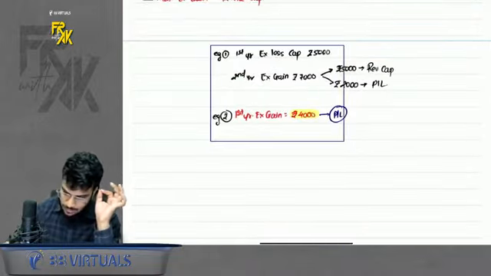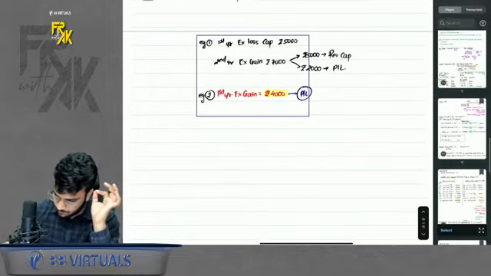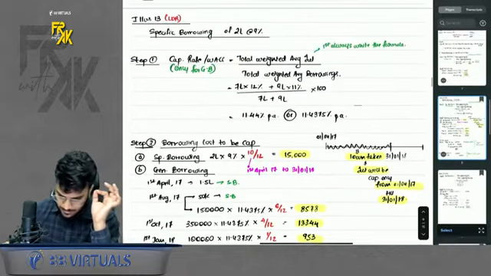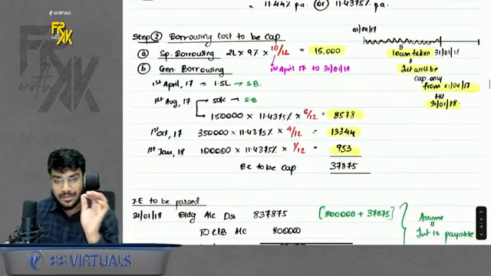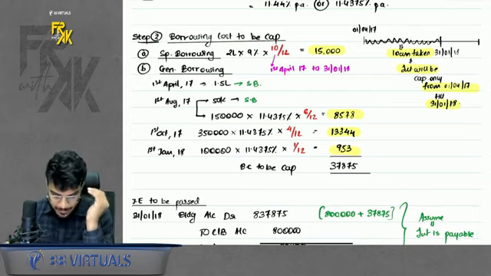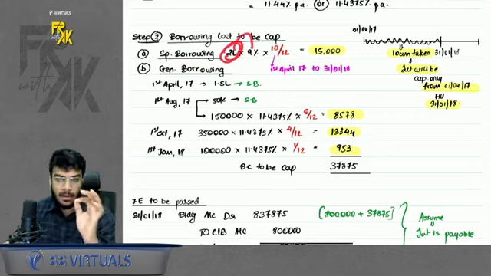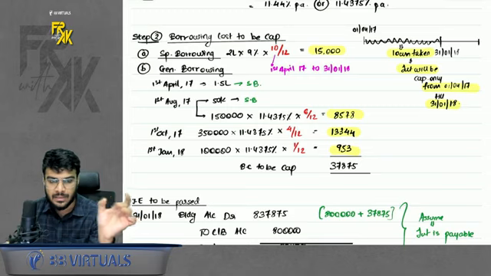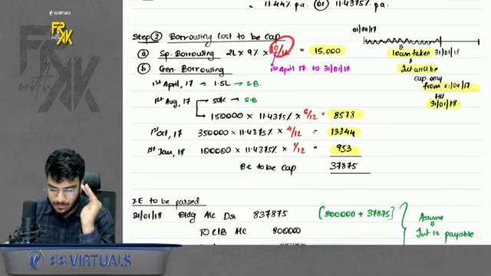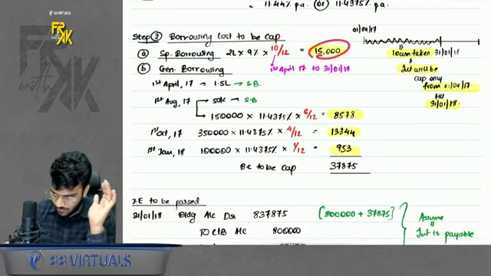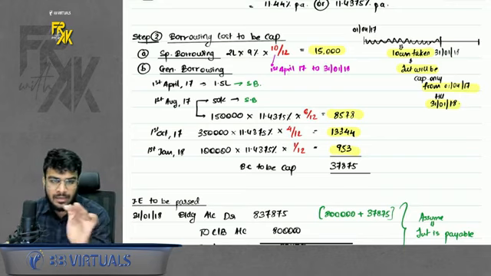For solution purpose, I can show this to you. Here it is, I guess. Yes, see, we have a specific borrowing. Now when I spend the funds on specific borrowing, some in April, some in August, it doesn't matter. The full 2 lakhs interest you will capitalize, but only during the construction period. Construction got over on January 31st, so you will capitalize the 10 months interest on the complete amount. 15,000 will be capitalized. Idle funds information is not given, so you will not deduct any interest income.